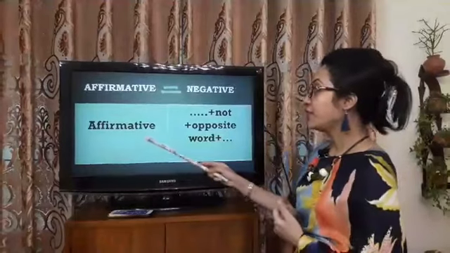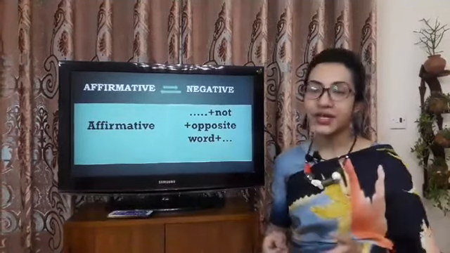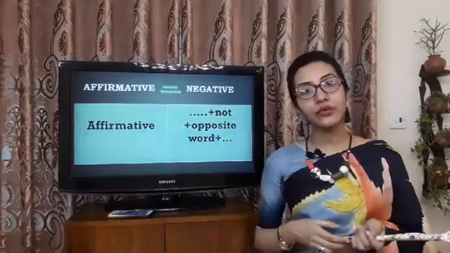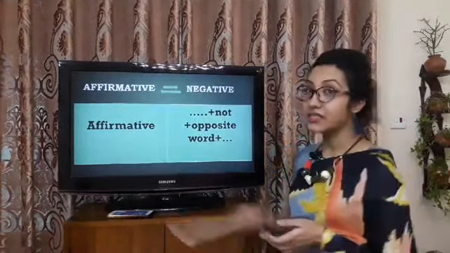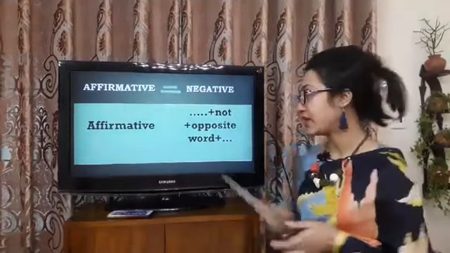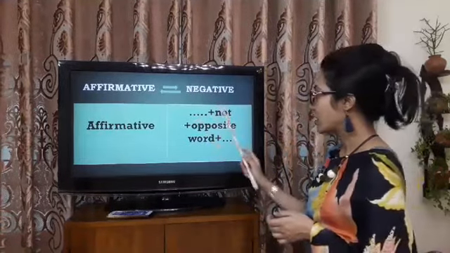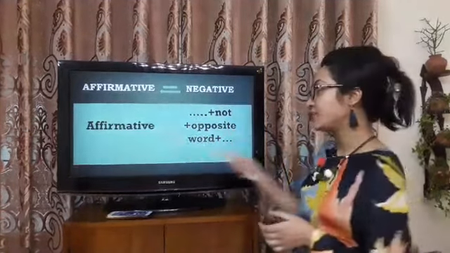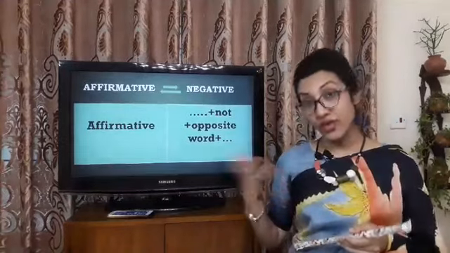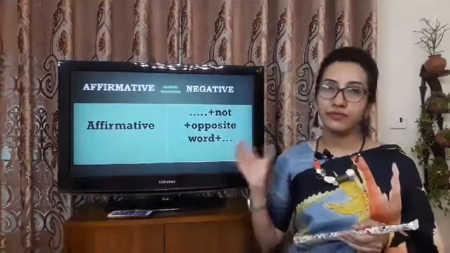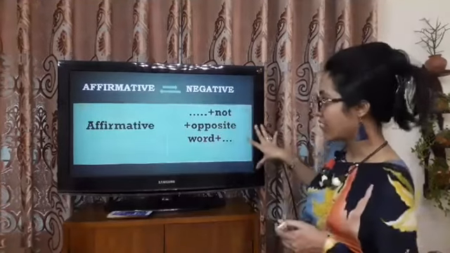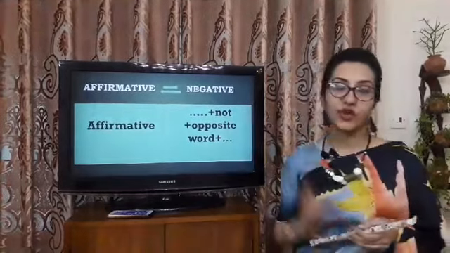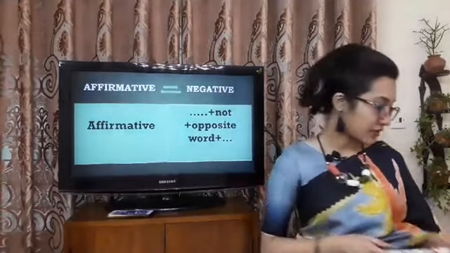That means if you have an affirmative sentence, এটা আসলে আমি আলাদাভাবে কোনো exact rules এ ফেলতে পারিনি। So normally আমরা কি করতে পারি, আমরা যদি affirmative sentence এ we can just use not and negative if that is applicable. We have used not and then the opposite word. So আমরা কি করতে পারি, from affirmative to negative we can make. I think we can change it from affirmative to negative without changing the meaning by using not plus opposite. Not plus opposite use করে আমরা negative করে ফেলতে পারি।